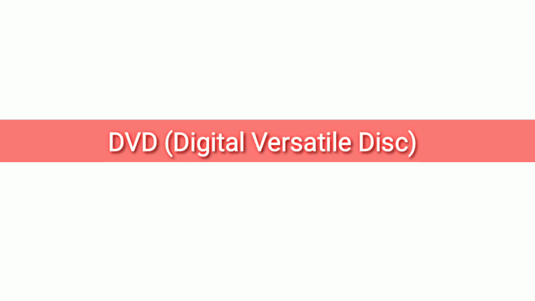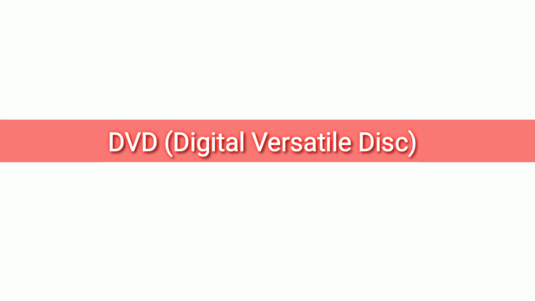CD or compact disc. CDs are used in computer as a portable secondary storage device. It is also called CD-ROM. It can hold 700 MB of data and is a safer storage device. The data is stored on its shining side. DVD or digital versatile disc.